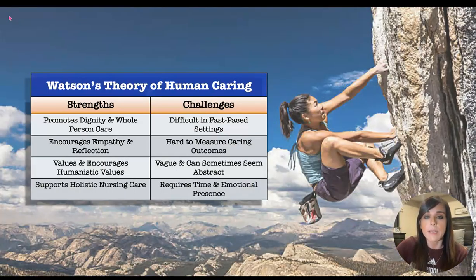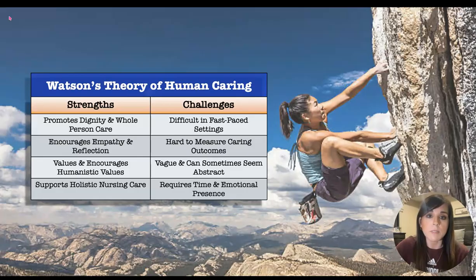Watson's theory of human caring has a multitude of strengths, but there are also challenges that nurses face. The theory fortifies the identity of nursing by emphasizing caring relationships as a hallmark of nursing practice. The nursing profession benefits from Watson's theory in several ways, such as helping nurses build stronger, more genuine relationships with patients. This leads to happier patients and better results, while also making nurses feel more satisfied with their jobs, less stressed, and more fulfilled both personally and professionally.